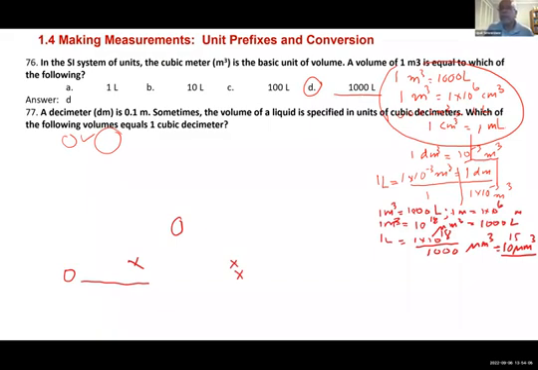So 1 liter is 10 to the negative 3 cubic centimeters. Remember we said 1000 liters is equal to 1 cubic meter. Therefore, 1 liter is equal to 1 over 1000 of a cubic meter. So then we converted it from meters to decimeter. So when you do that,